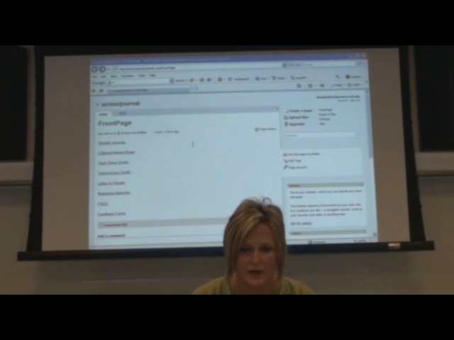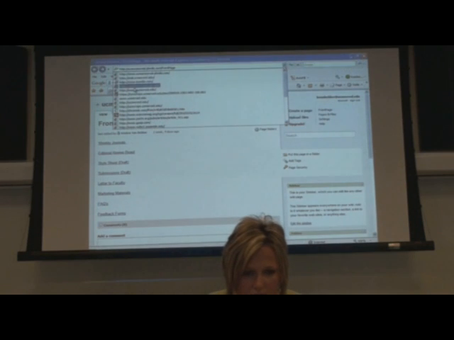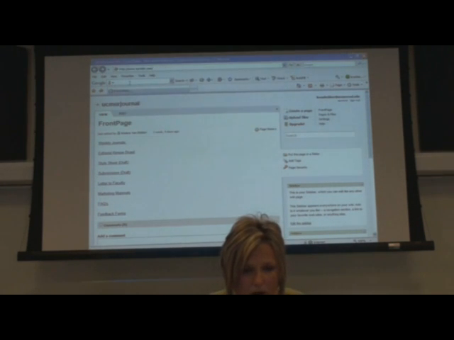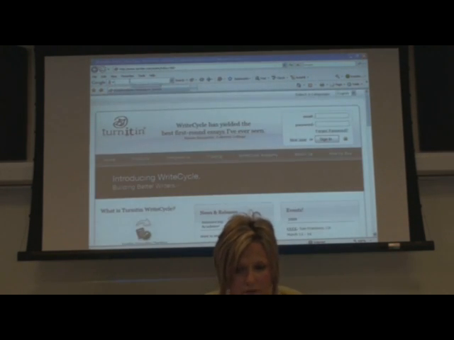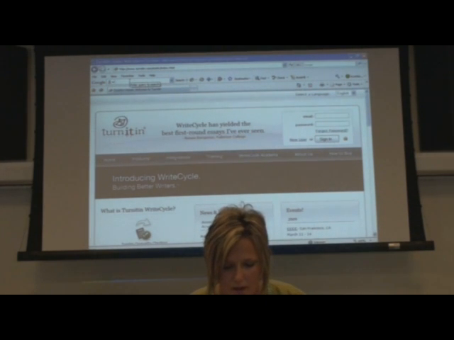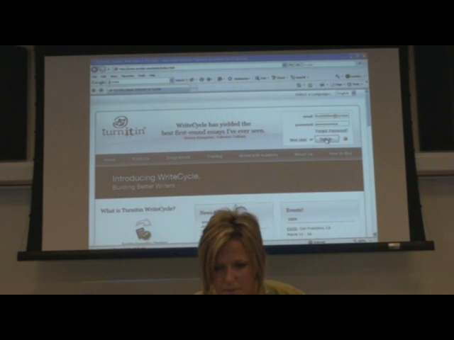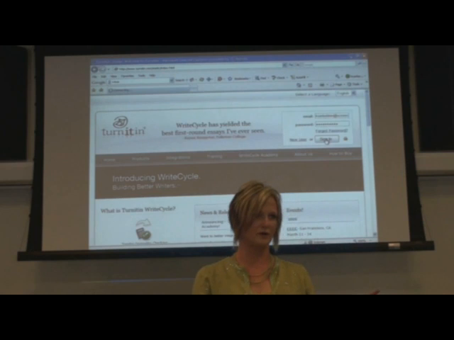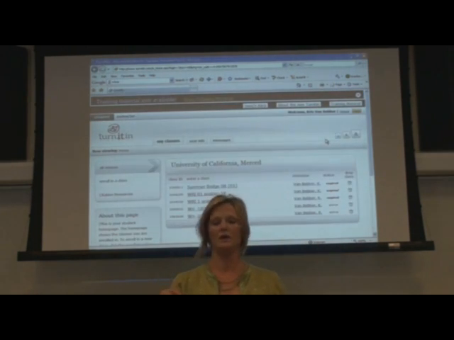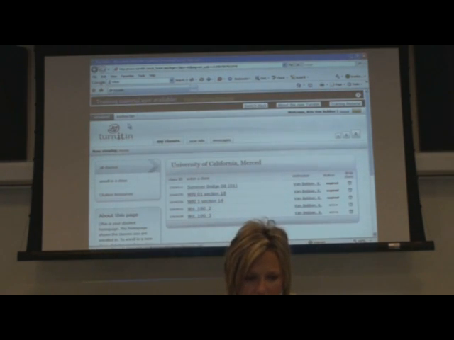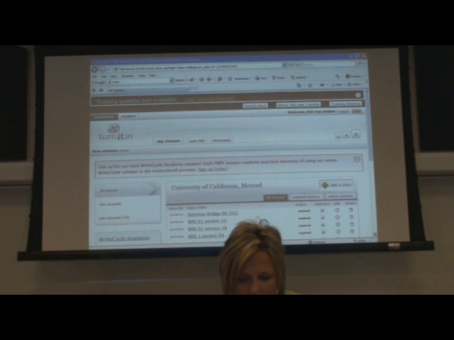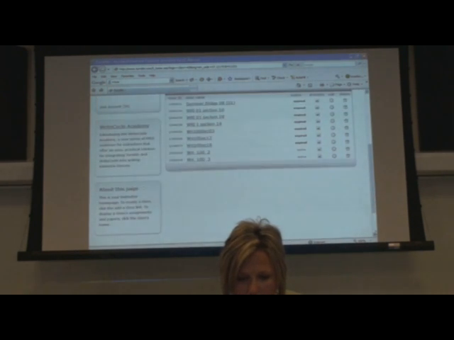I do like it. I have students right now using Turnitin with each other. I think it works well for them to have, oops. So I'm just going to show you this real quick. How many of you are familiar with Turnitin? Have you used the grade mark thing on there? Okay, so they can view their assignments,